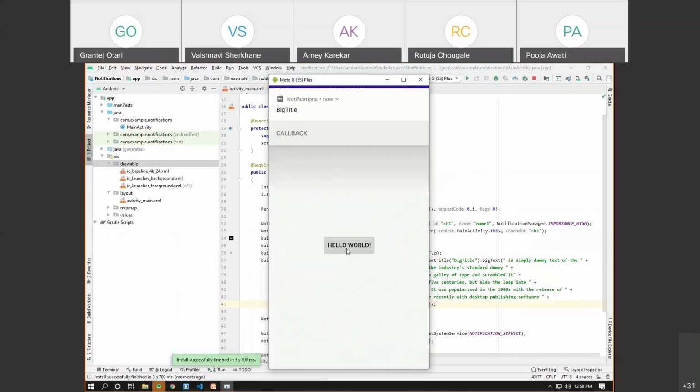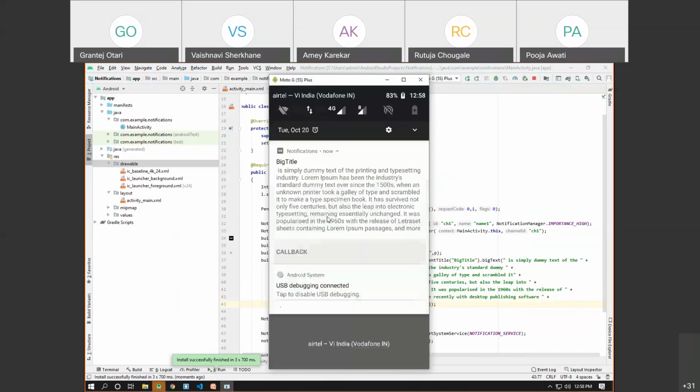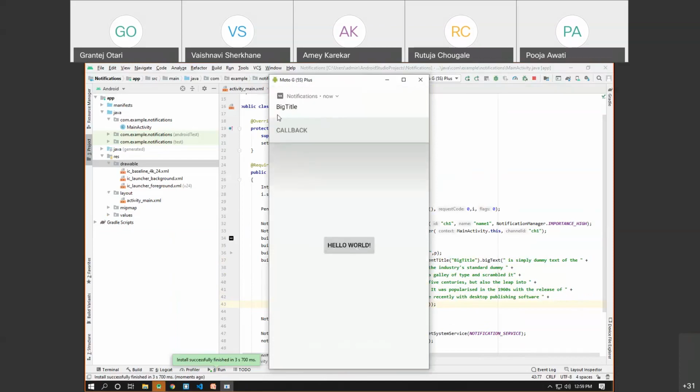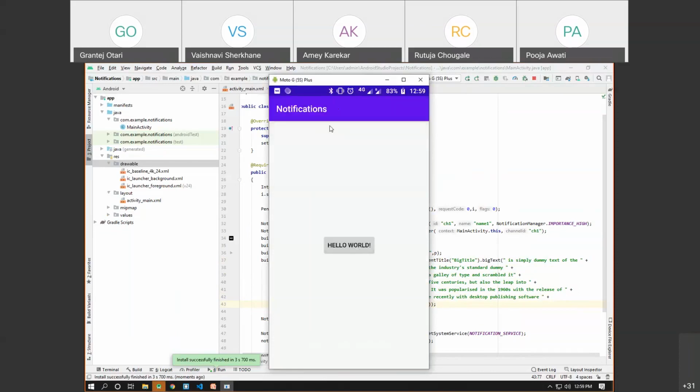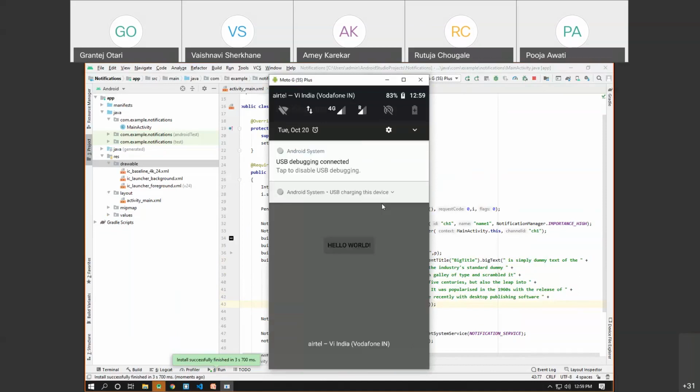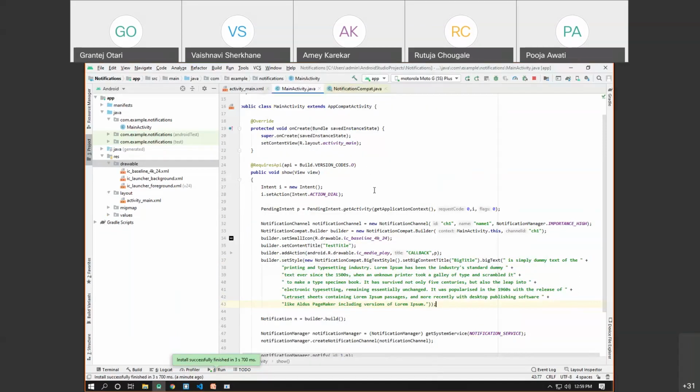Now if I click on the hello, as you can see, this is the big title. And once you expand that, you can see the big text is available inside the notification. Now the most important thing: once your notification is generated, what is actually shown is just the title of the notification, and the big text will be visible once you expand that notification. So this is basically for apps which generally send you the news via the notification.